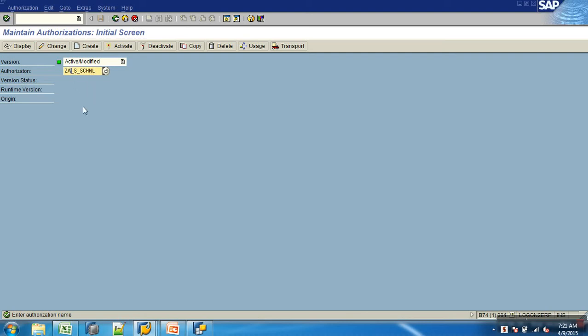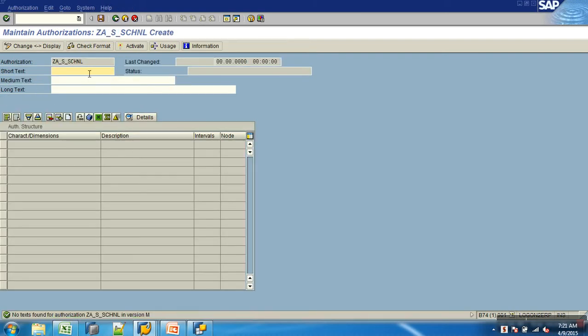Say ZA authorization object, for controlling security for sales channel. Okay, and say create. Just give some description: sales channel security. What is AO? Authorization object.